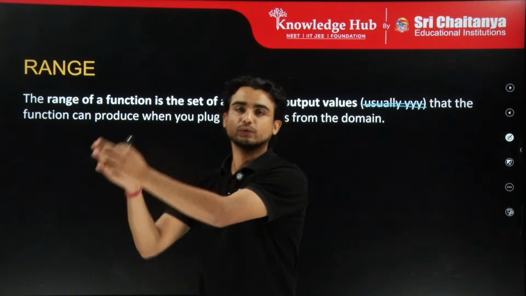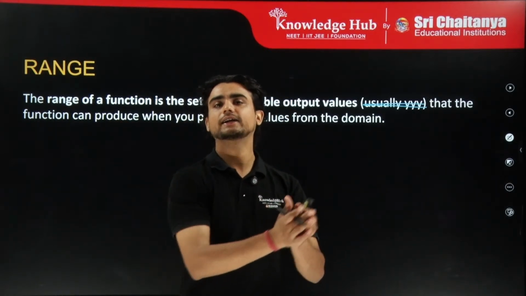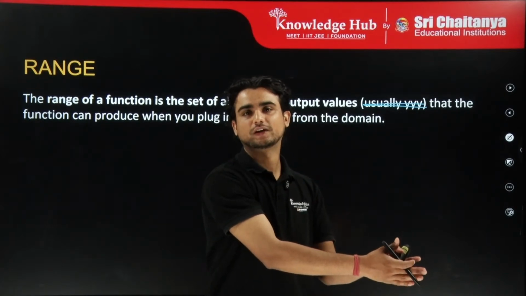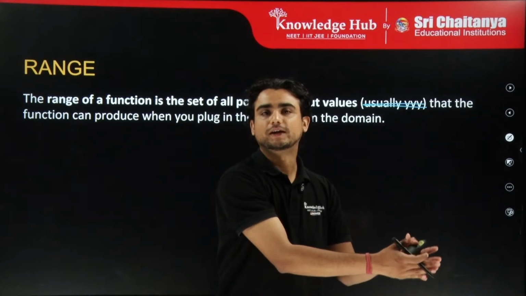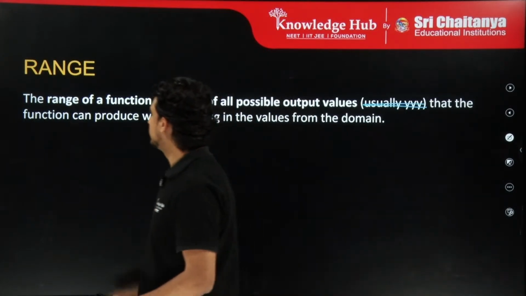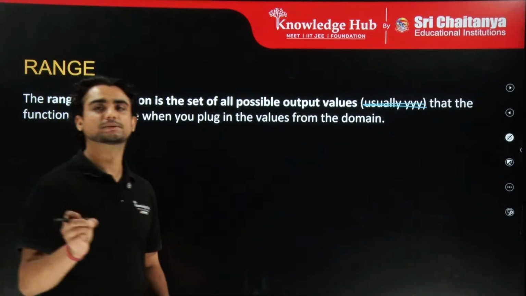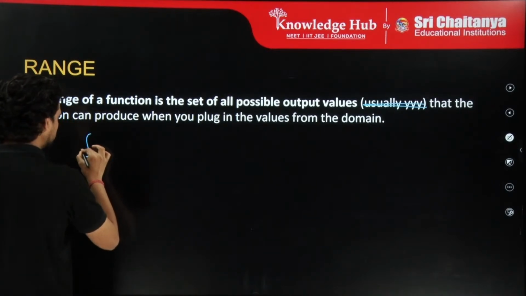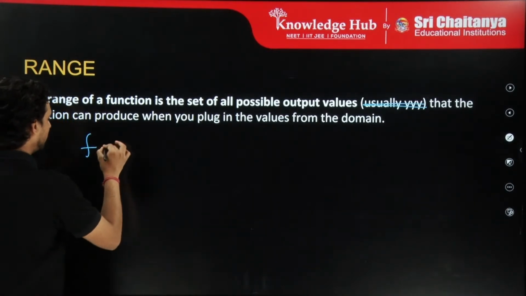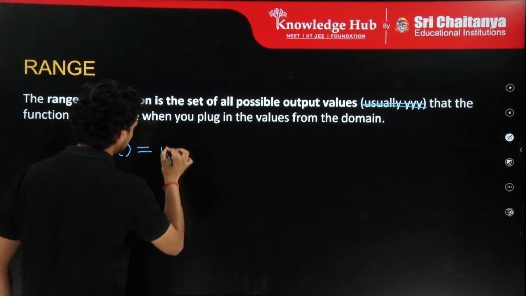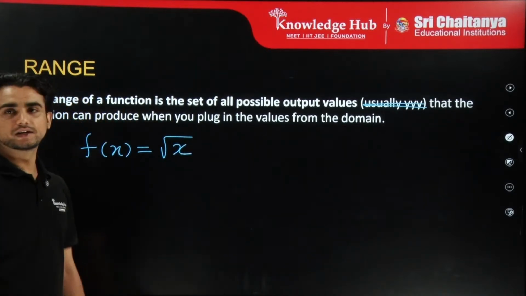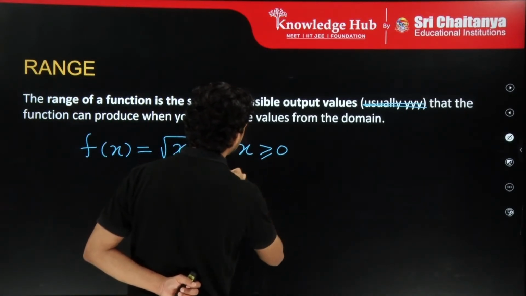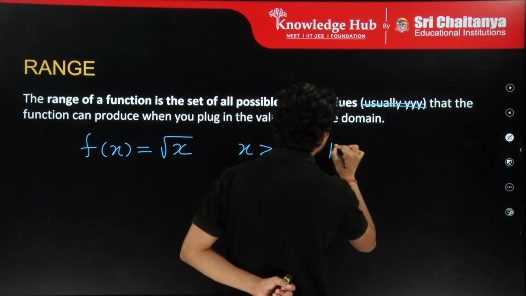So if I put fruits inside my machine, I am sure that I'll get some fruit juice, right? I'll not get petrol or diesel or kerosene, correct, or some oil. So here range is the set of all possible output values. So let's look at this question. Let's say I have this machine, f of x is equal to root x. As we looked at in the last question, what are the possible values of input? x greater than or equal to 0. This is my domain.